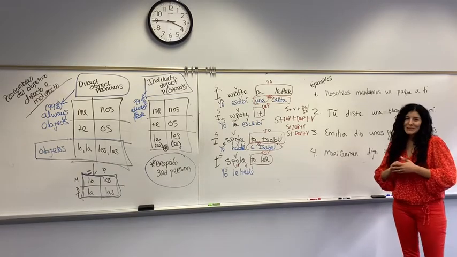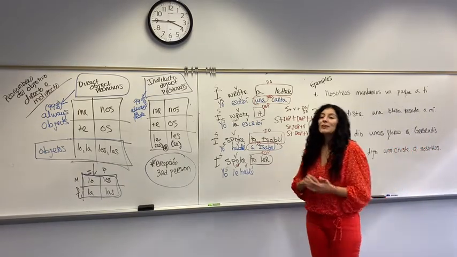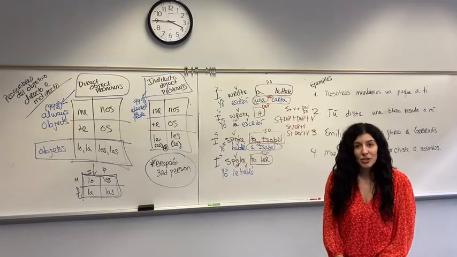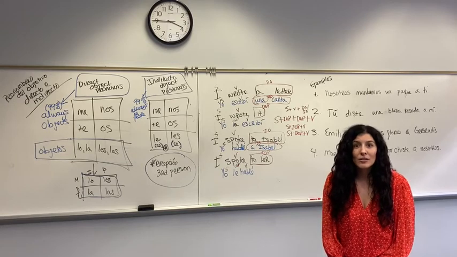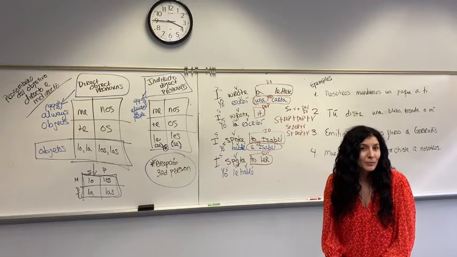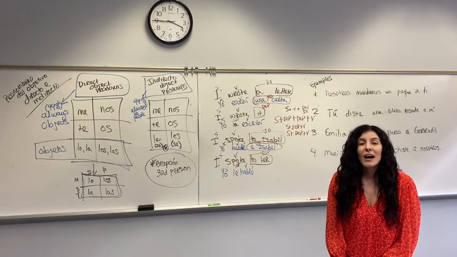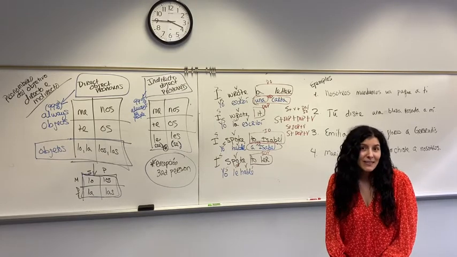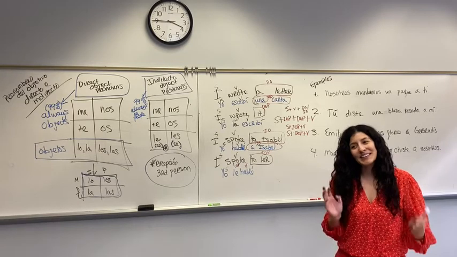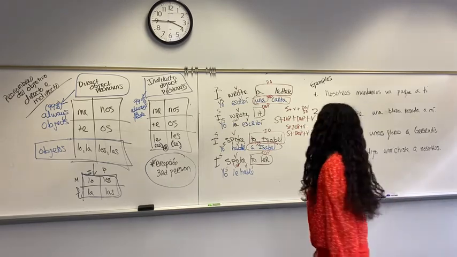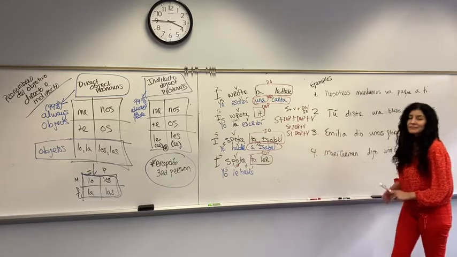So this sometimes confuses people a little bit, but theoretically, in Spanish, we don't say, I spoke to her. We say, I, her, spoke. We don't say, I wrote it. We say, I, it wrote. If we wanted to say, I wrote a letter for Isabel, and we wanted to say, I wrote it for her, we wouldn't say that in Spanish. We would say, I, her, it wrote. Okay? I know that that is a little bit confusing, but that's the literal translation of what we're doing. So here, let's take a few examples.